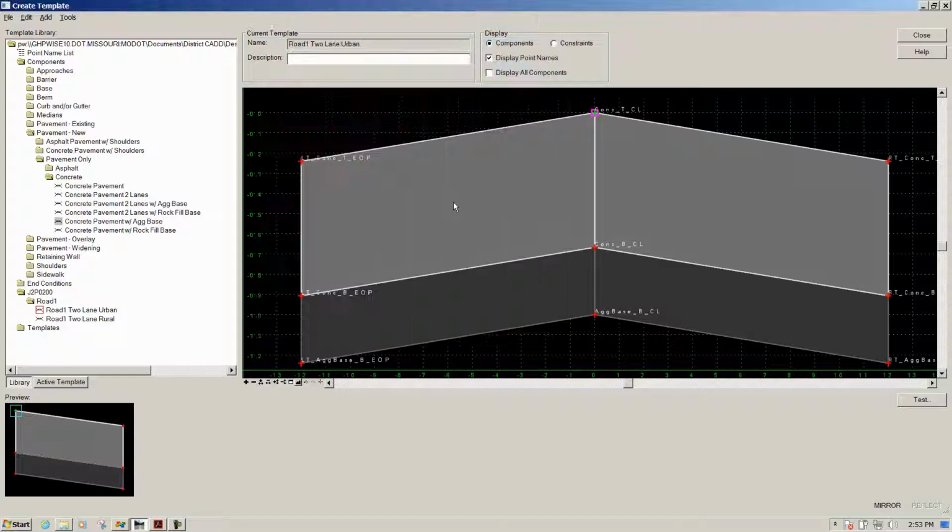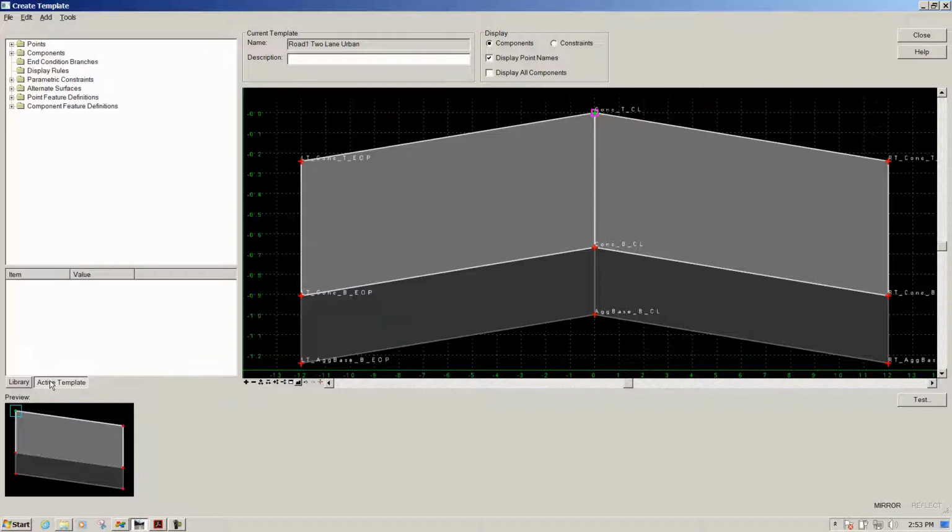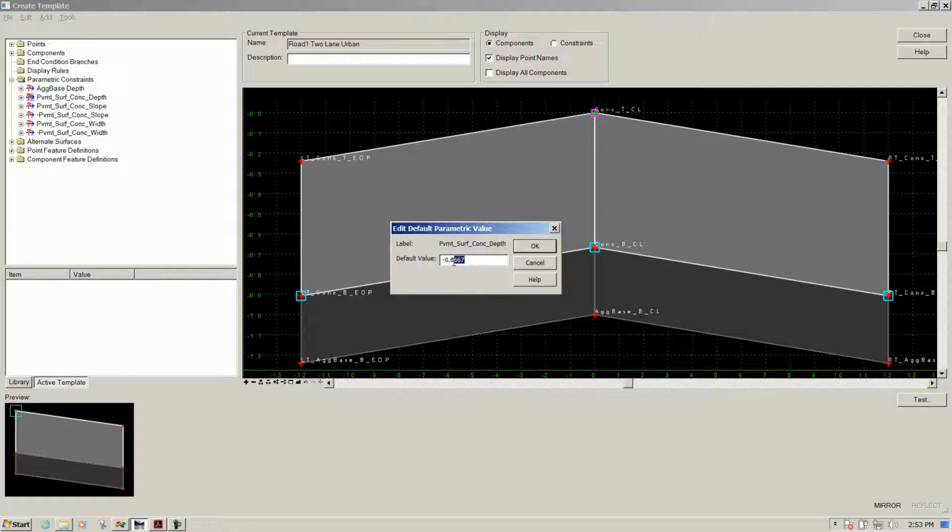Since those three points have the same parametric constraint label, we can go into active template, go under parametric constraints, and look for that label, which was called pavement surface concrete depth. If I click on that, you'll see all three points highlight. If I edit that parametric constraint, I can add in that depth, and that depth needs to be a negative